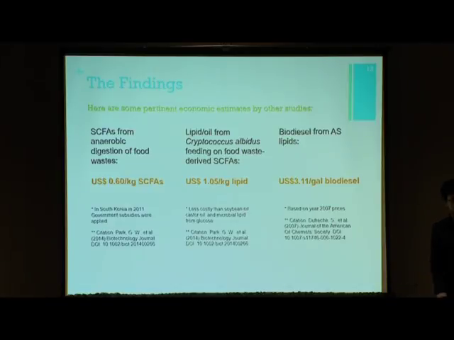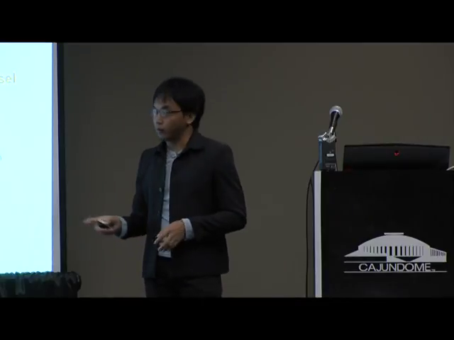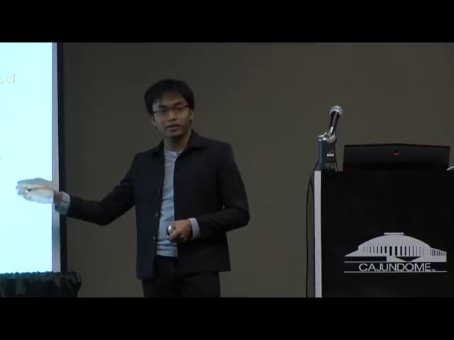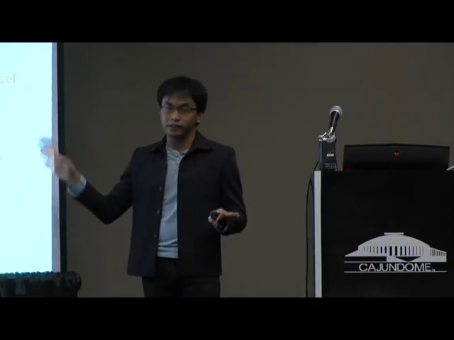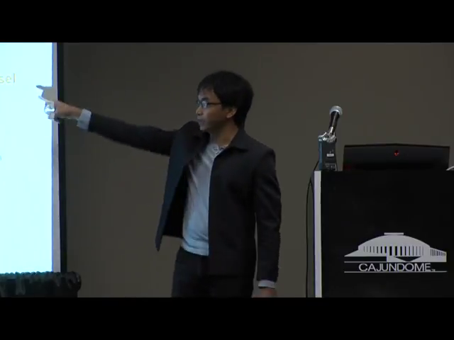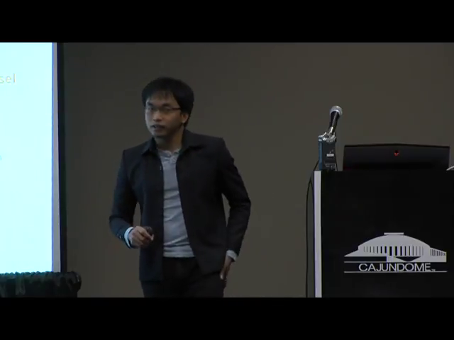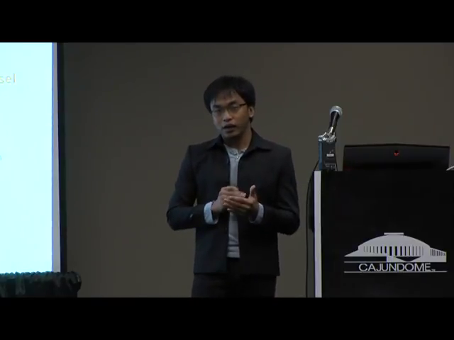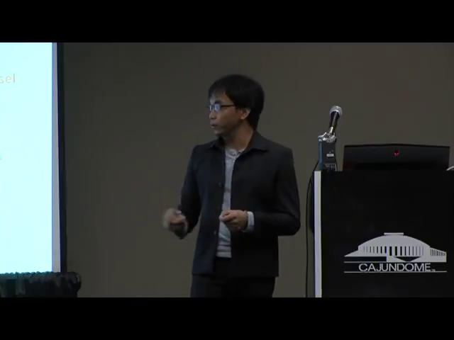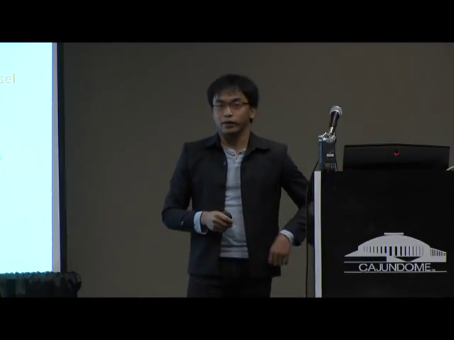Now here's the challenge in this part, the biodiesel from activated sludge lipids. Because we will be spending a lot, around $3 per gallon of biodiesel. This was a study in 2007. Now, the interesting thing with this study was that it was actually the one that sparked the idea of this lipid technology from activated sludge. But at that time, the costing was not really good. And as of now, researchers are trying to find a way to go about this one.